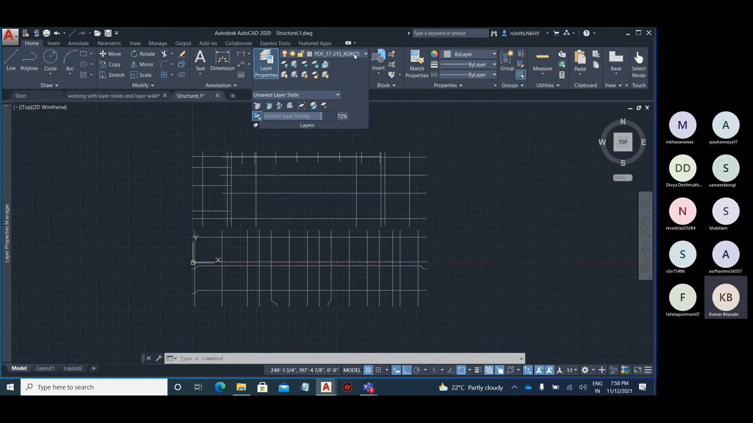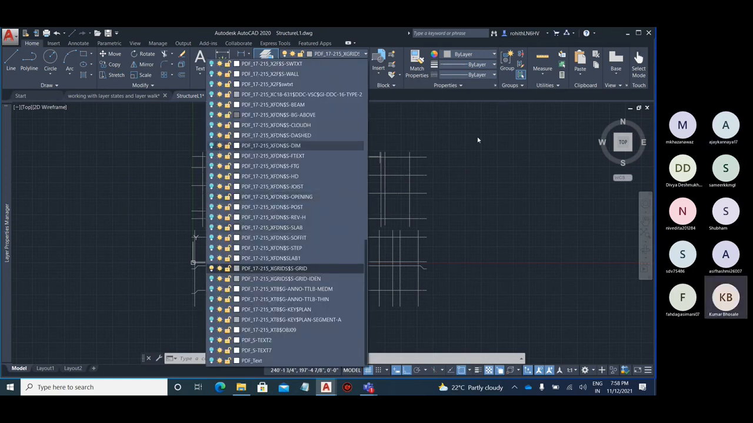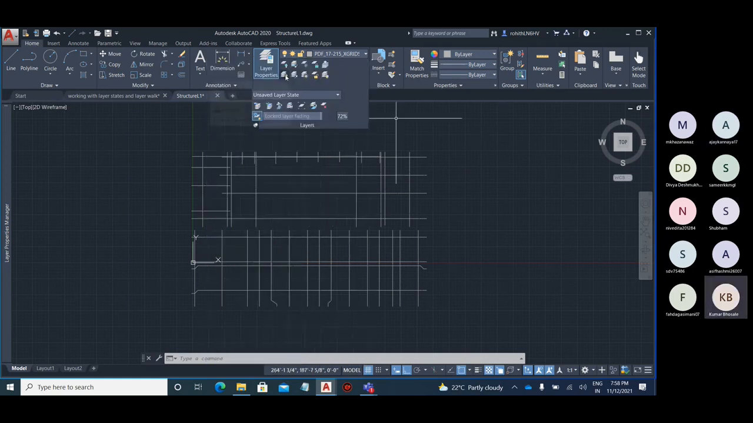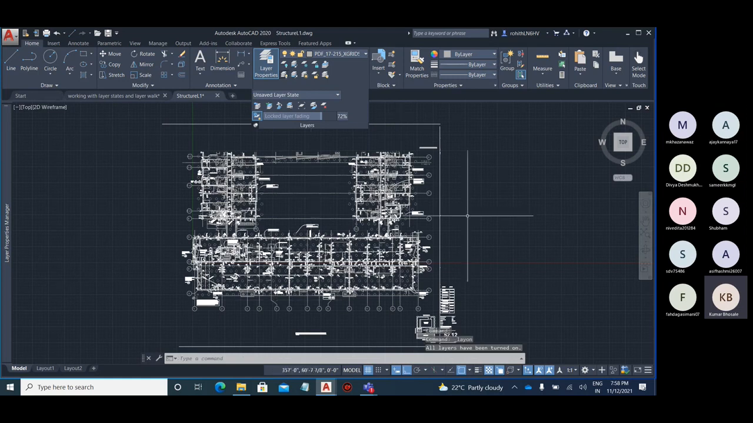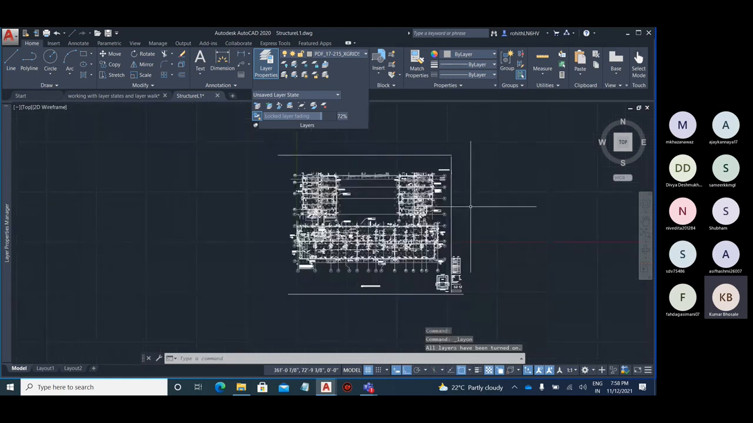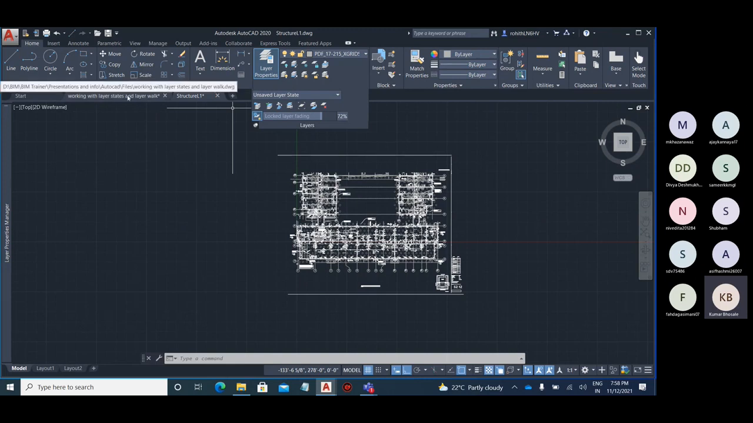Okay, all the other layers, you can see they are turned off. You want to turn it on, just come over here and say turn on all the layers. All the layers will be turned on. Okay, so coming back now,